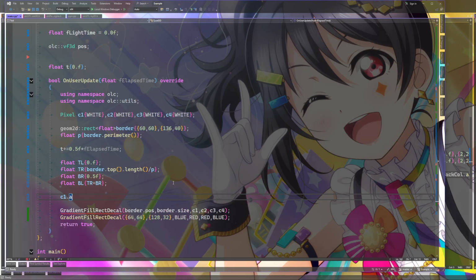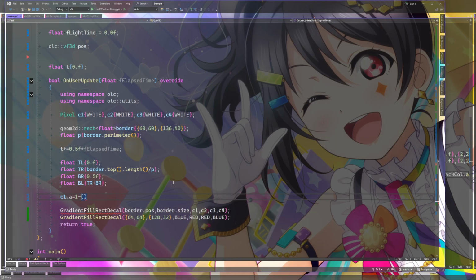Because 0.5 will be the largest distance that this t value is away from the top left. So if I do 1 minus t, which I'm wrapping around, right?